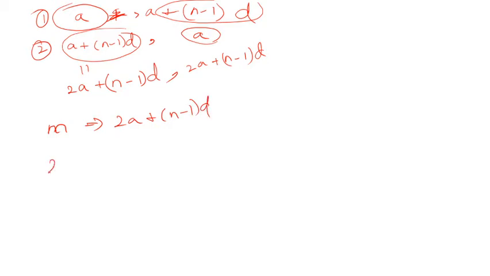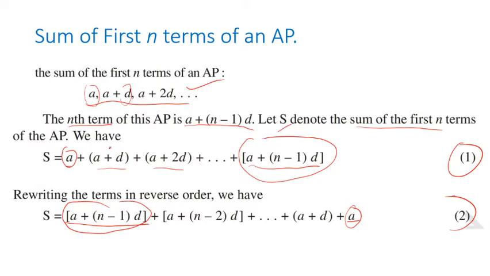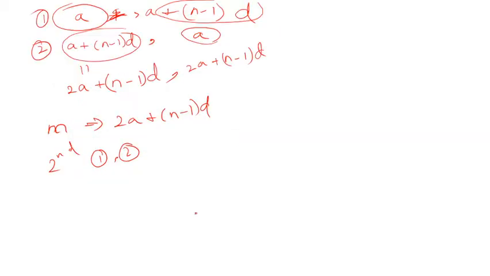For example, let us take the second term from both equation 1 and equation 2. What is it? The second term is a plus d and a plus n minus 2 into d. So a plus d plus a plus n minus 2 into d, which is nothing but 2a plus